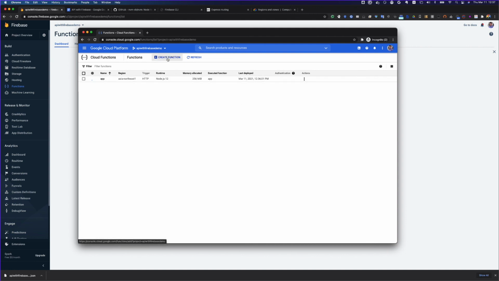So you can create a quick function directly from here, like just copy pasting the code and setting up from this console as well. But I like doing it from our VS Code because it gives me more options of development. So this is how we create an API using Firebase function. And in the next tutorial, I'm going to show you how to call this API using an Angular application and then show data on a UI. Right now we are doing it from Postman. Rather than Postman, we will be doing it using an app.